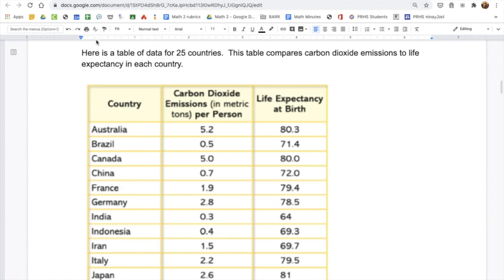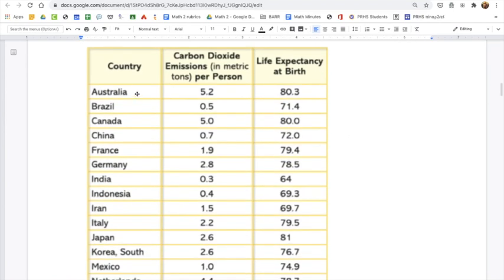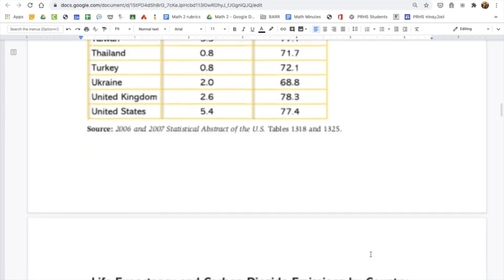In real life, you might be given just a set of data. Here is a set of data in the form of a table. This is information from 25 countries on carbon dioxide emissions and the life expectancy at birth. And you can get some information from this table, like the carbon dioxide emissions in metric tons per person for Italy was 2.2, and the life expectancy was 79.5 years for a person born that year. But that's not very meaningful compared to all of the other numbers, so we're going to learn to visualize the